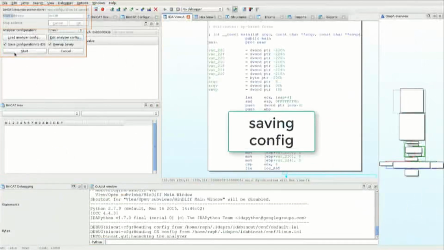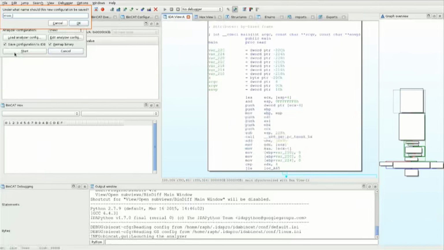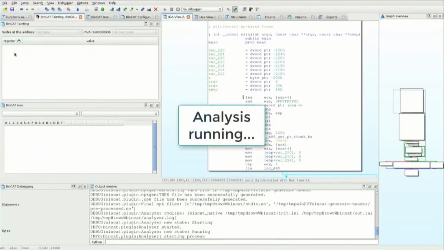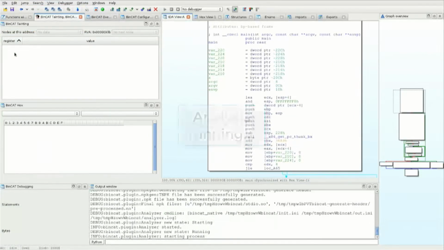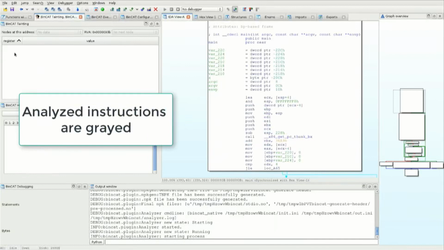And we run the analysis. So it asks for a name. You have some tools to handle configuration. Then the analysis runs for a few seconds. And you will see that once the analysis is done, on the right, you have the disassembly window, and all